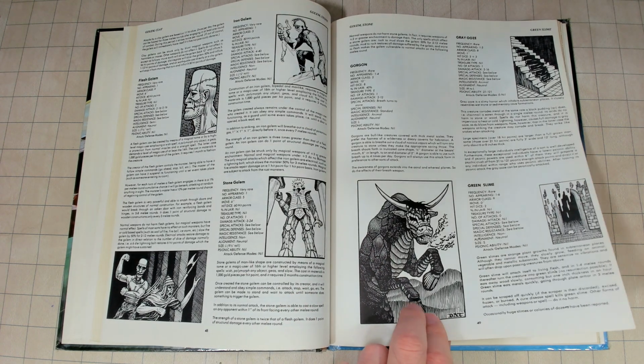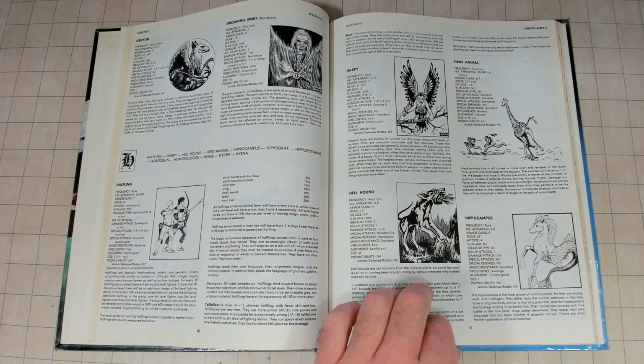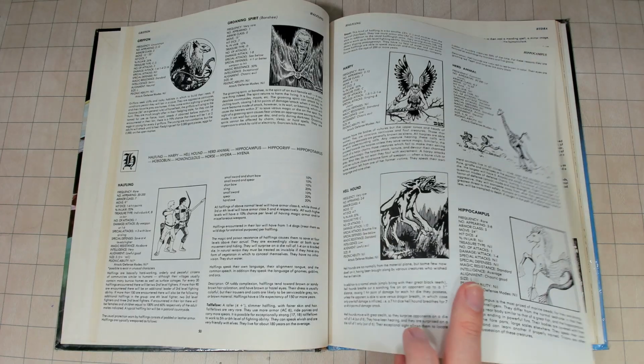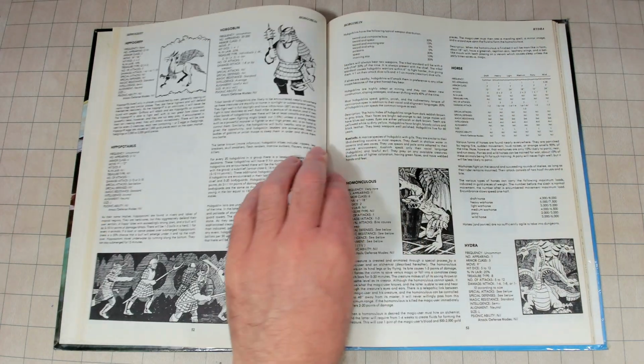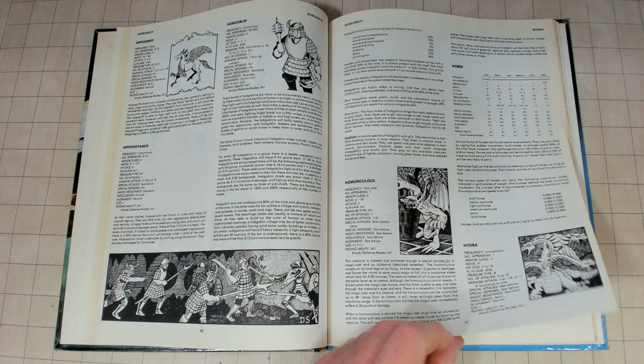There's plenty of non-player characters in this book, which is really nice to see. I like the fact that they have included so many. There is a treasure by type table included in the appendix, which I'm sure...